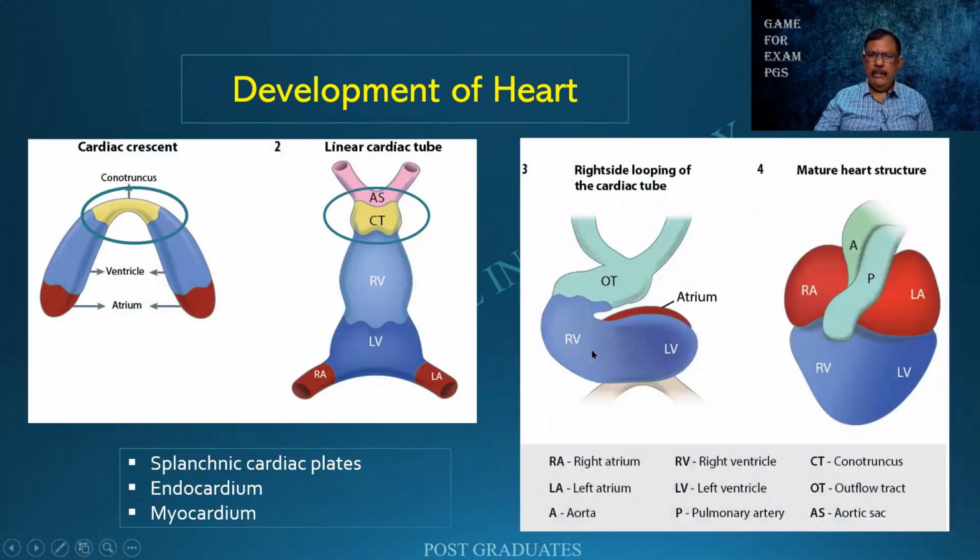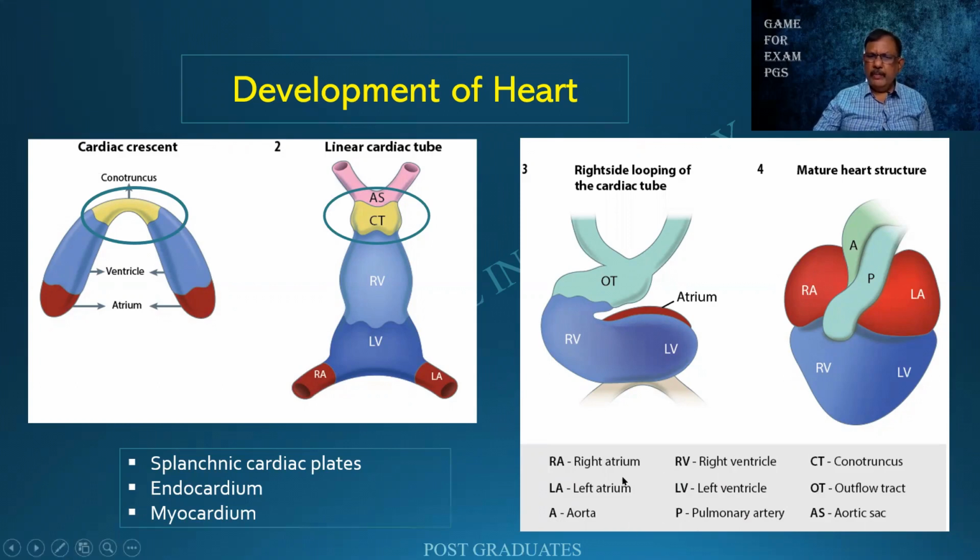This is what I mentioned. So you find again there is a fusion of the atria and there is a bend of the heart. The ventricle lies lower down and the atria ascends to the top. And you find that there are two structures that are originating from it: the pulmonary artery and the aorta. This is the development of the heart. You need not go to the complete embryogenesis, but it is important and pertinent for us to know this.